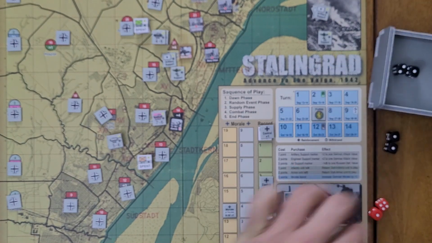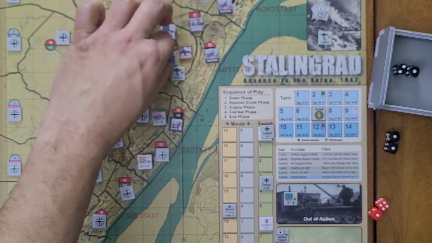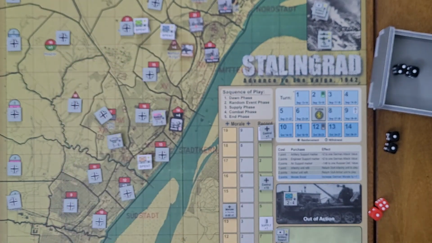14-14. We rolled a 3. So they can get marked spent. These guys go back. And this will not get bloody streets because it's not urban. All right, so